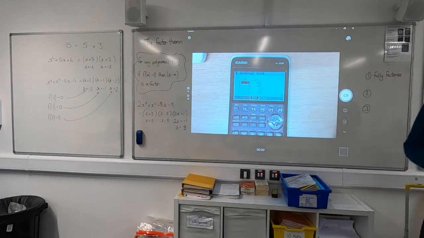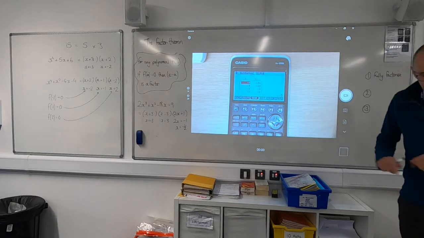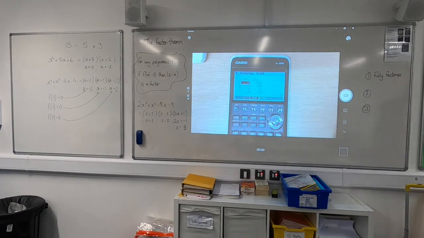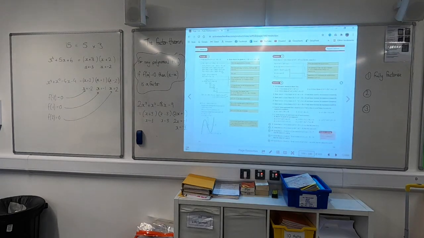So we have fully factorised a couple of cubics using the table function. But Harry asked a very sensible question: what about people who don't have these fancy calculators? I mean, actually, all calculators have a table function, but this is still one of the things where we are expected to work a little bit manually. So let me show you how this would look in